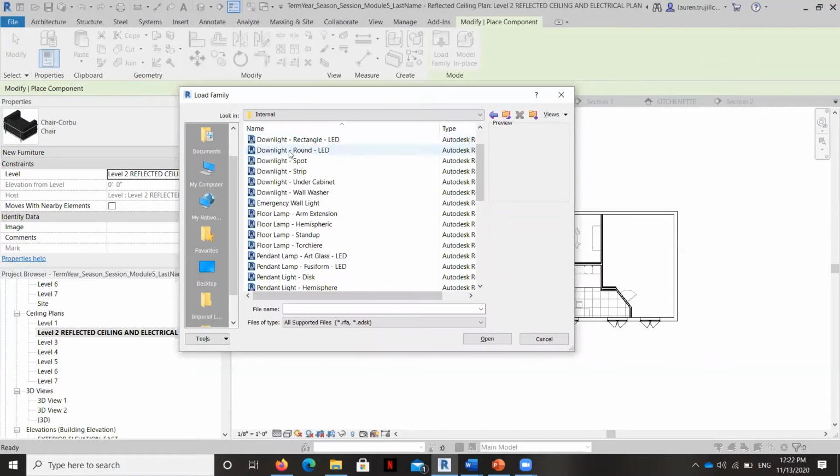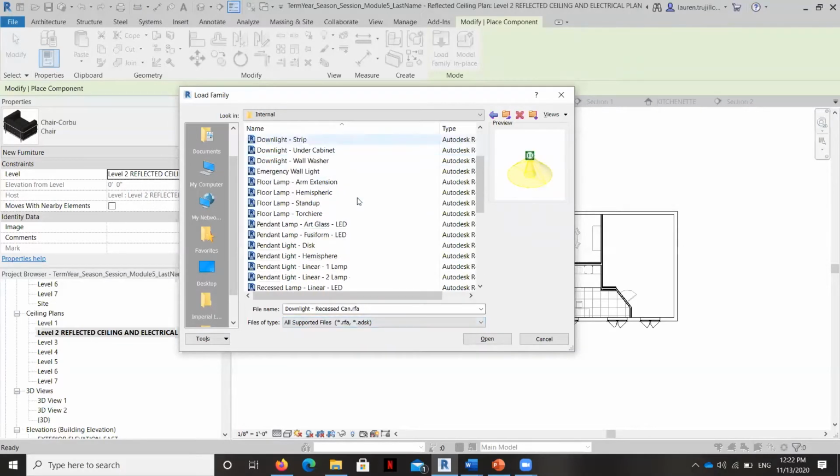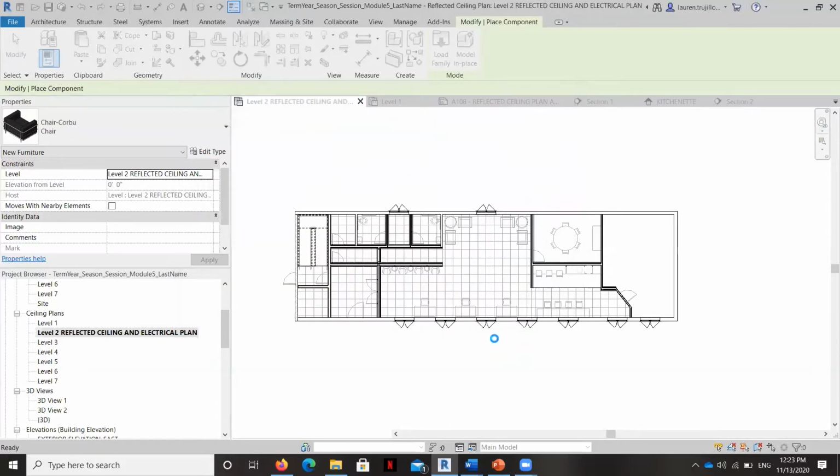And you can see here there's a ton of different lights. And I would caution you, the lights in Revit, the pendant lights and things like that, are very easy to recognize as being Revit. They're not particularly beautiful. So just be aware that lighting manufacturers also have their own Revit families that you probably want to bring in here as well. But we're going to need two. We're going to need the recessed can light. And there's a couple of different ones, but the recessed can one, we'll do the round LED right here. So I'm going to hit open and it's going to place it.